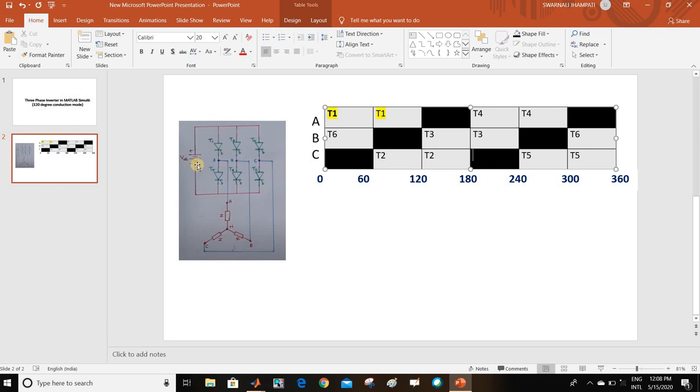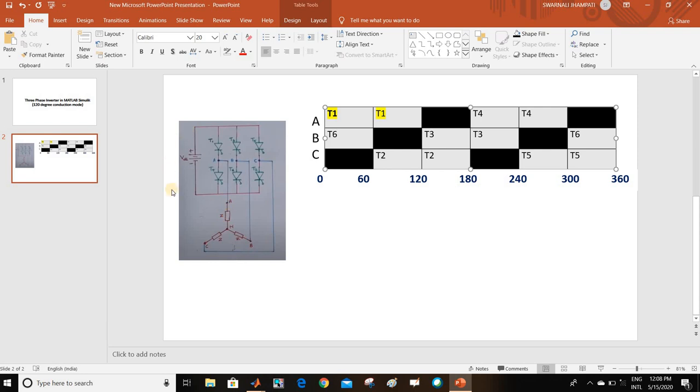So from here it will get back to the system. That means phase A, this point is the positive side, this one is the negative side. Now if we want to calculate the voltages across it, then VAN will be equal to, we have to apply voltage divider rule. So what is that?